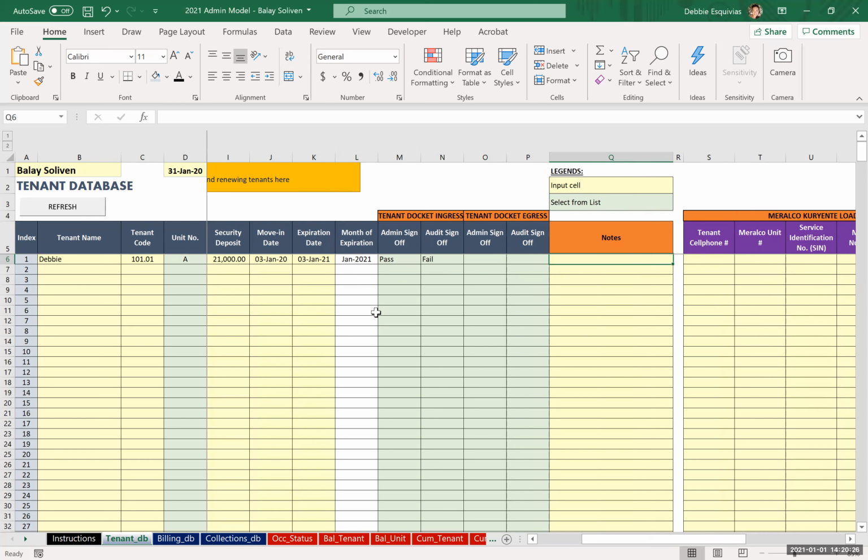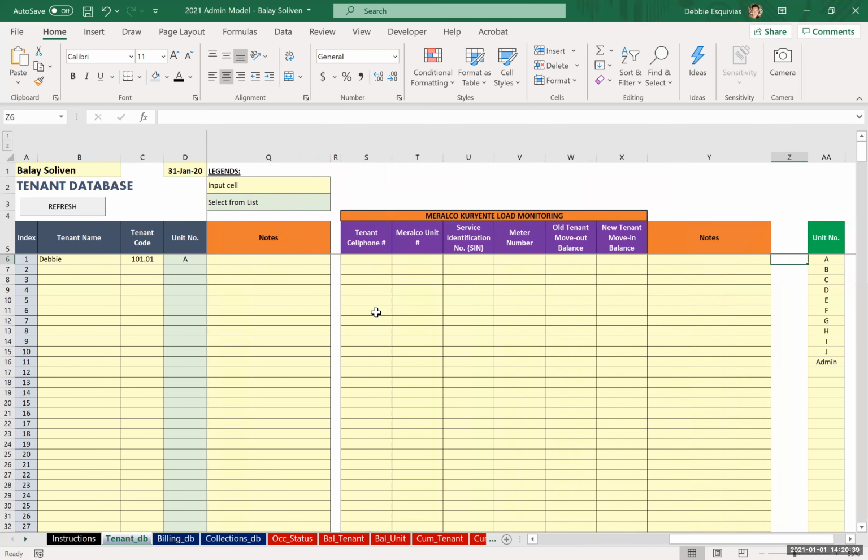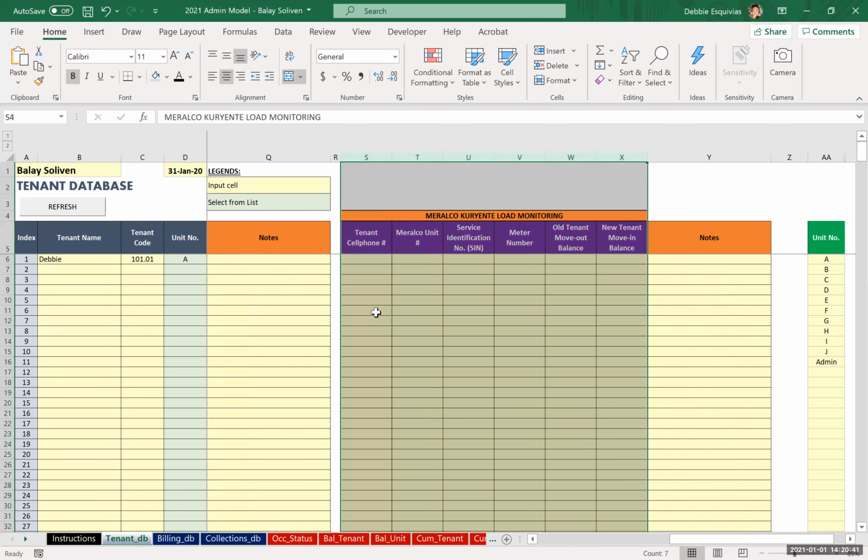Tagalog, English, Bisaya, whatever, basta as long as naiintindihan namin anong nangyayari. You just use these notes columns for your notes. Naglagay din tayo ng columns for Meralco Kuryente Load Monitoring. So just feel free to